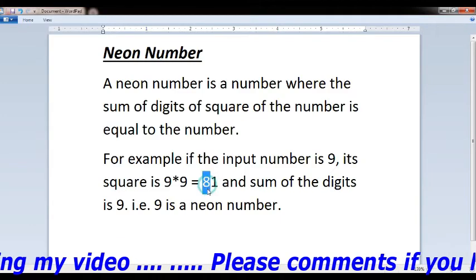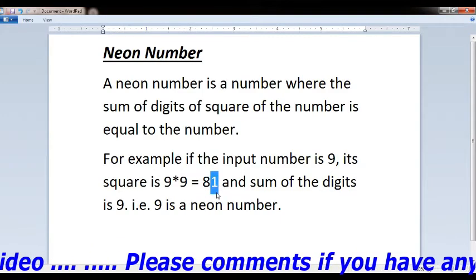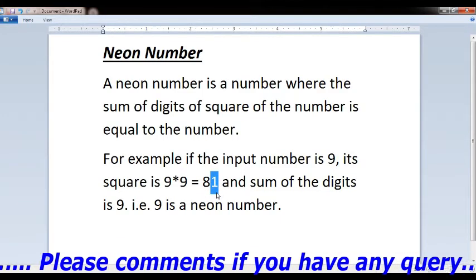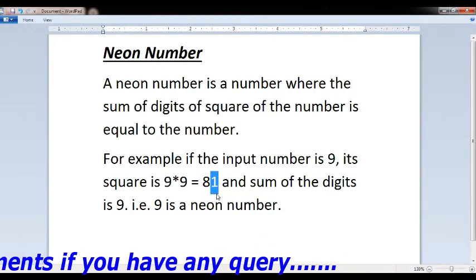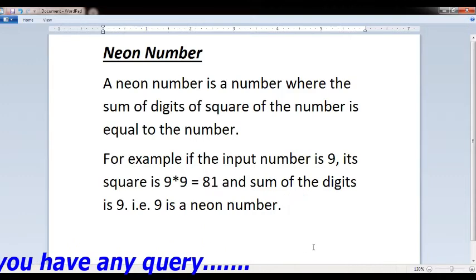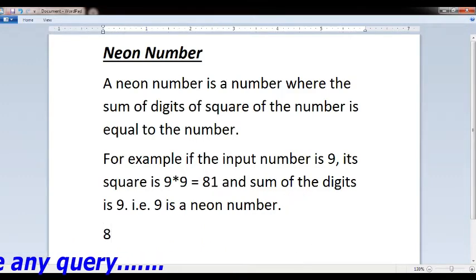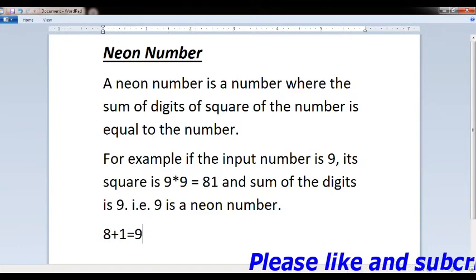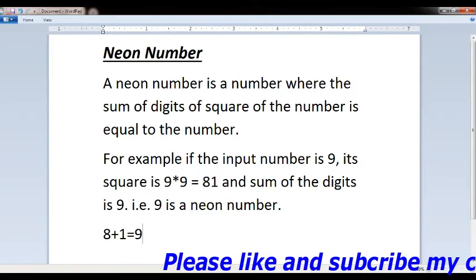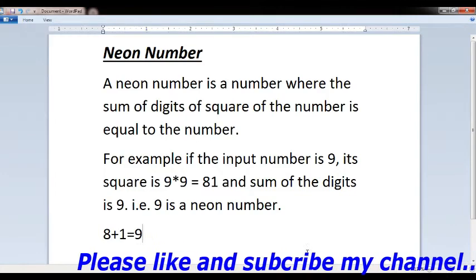Here two digits are there, 8 and 1. When we separate them, we find the sum: 8 plus 1 equals 9. After calculating the sum, we check whether the sum of the digits is equal to the original number. Yes, it is true.